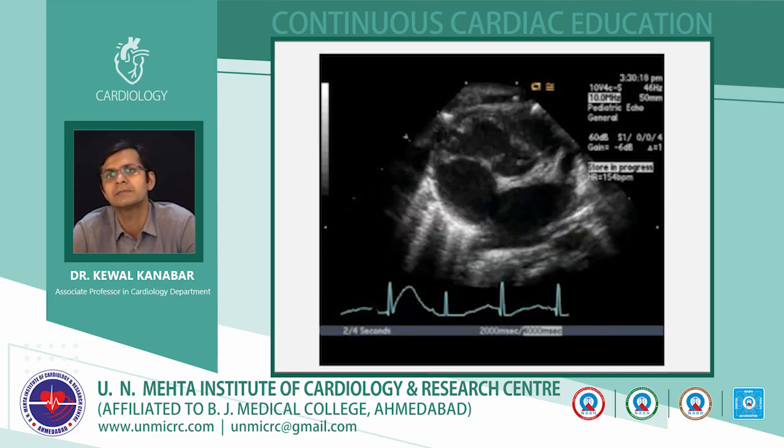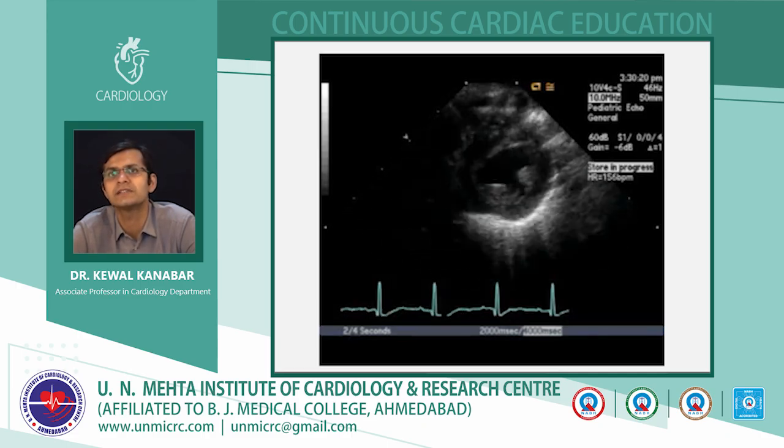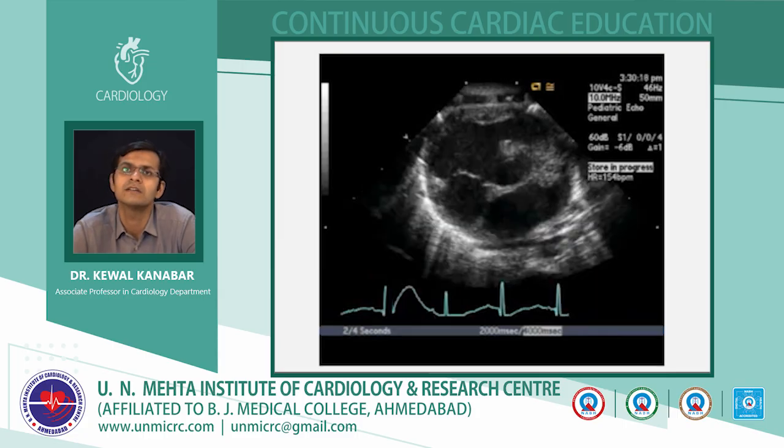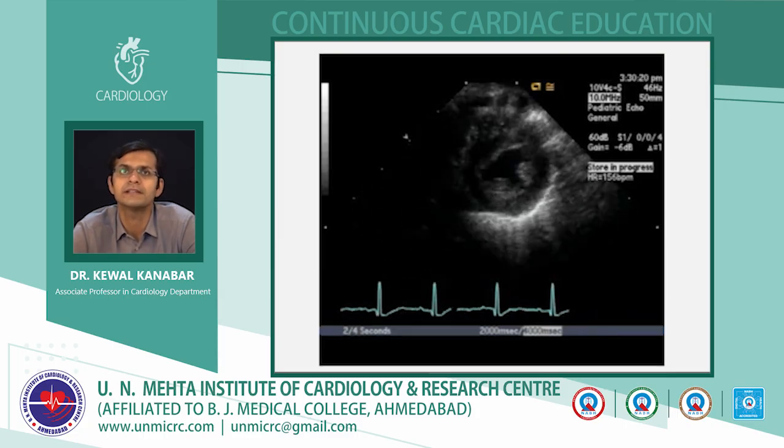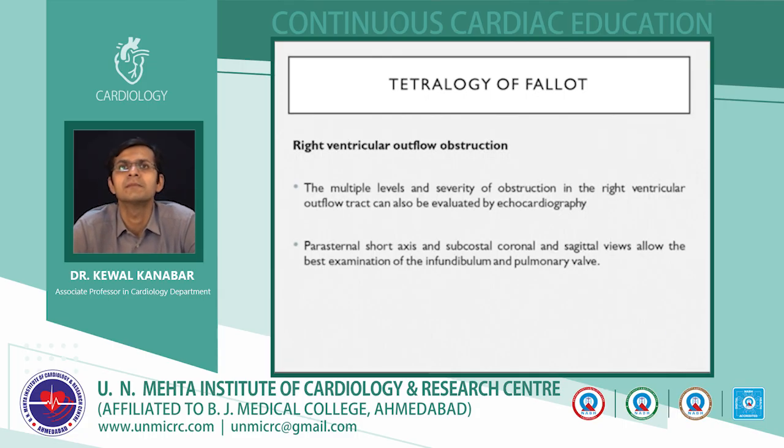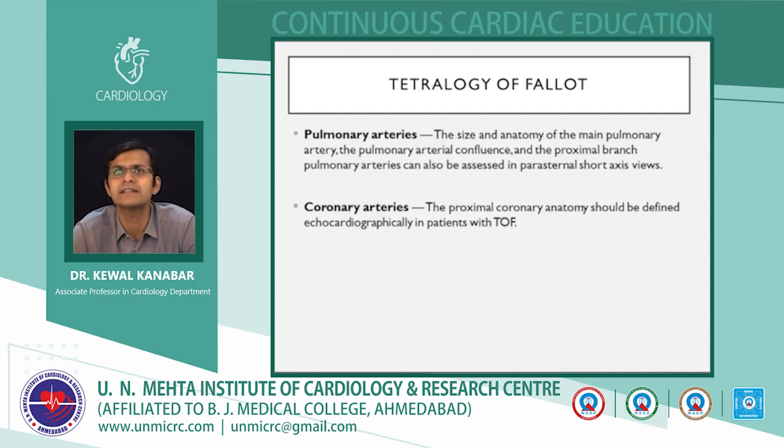Here we are not able to see the pulmonary artery in this figure, but otherwise we can also see the pulmonary arteries in the bifurcation of the main pulmonary artery. The multiple levels and severity of obstruction of the RVOTO can be evaluated on a parasternal short axis view, also in the subcostal view. The pulmonary arteries, as I said, is best assessed in the parasternal short axis view, and pulmonary arteries are also well seen in a